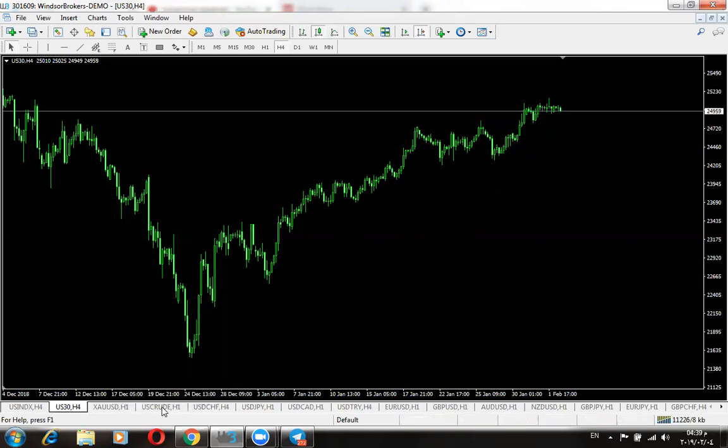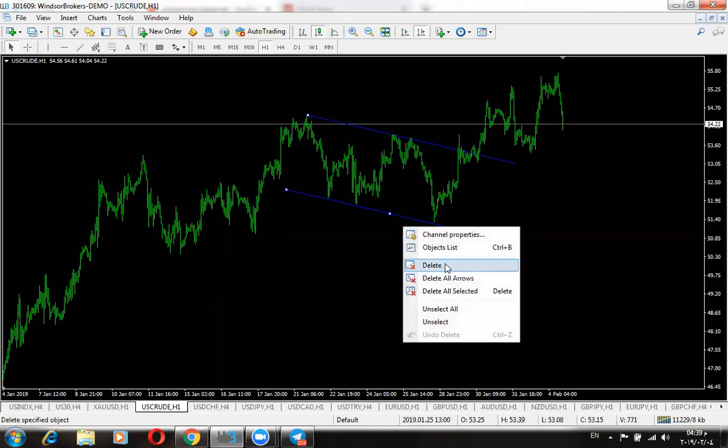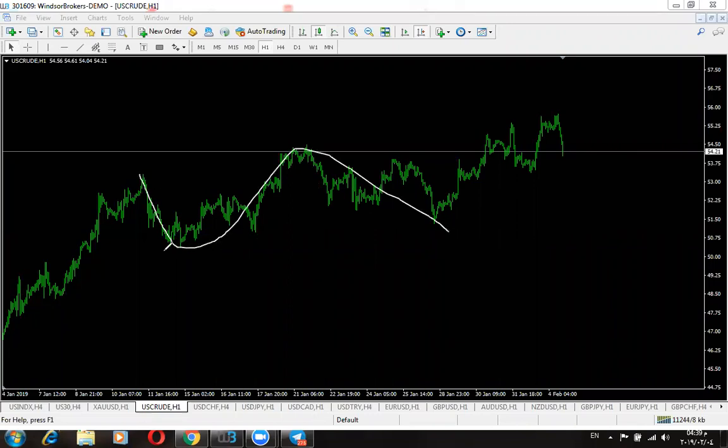Let me move to the crude oil. As we have traded this correction, this is a very high potential trade where we see ABC. This is in the form of a running flat, and at the current moment we are expecting the price to